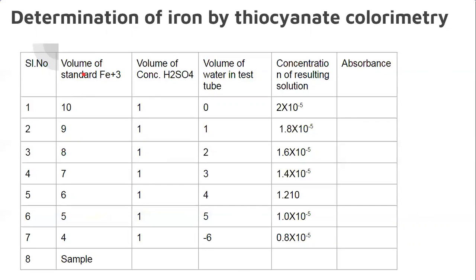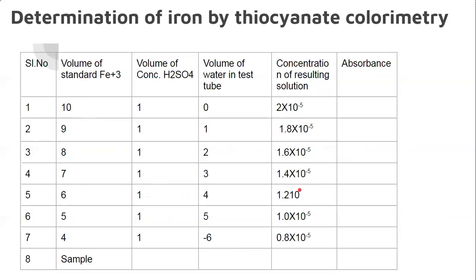So, the 2 into 10 to the power of minus 5 concentrated solution. In the first boiling tube, labeled as 1, we need to take 10 ml of this concentrated solution, and the concentration of that solution is this one. In the second labeled boiling tube, 9 ml of this concentrated solution is to be taken, and to that we add 1 ml of water. So the resulting concentration is 1.8. To prepare this one, take 8 ml of this solution and add 2 ml of water. By that manner, 7 ml and 3 ml, 6 ml and 4 ml of water, we will get these.